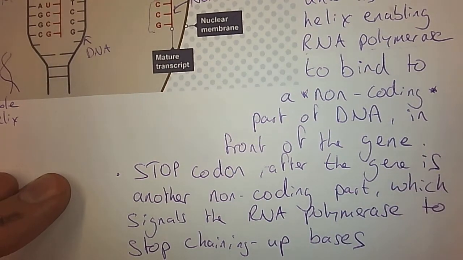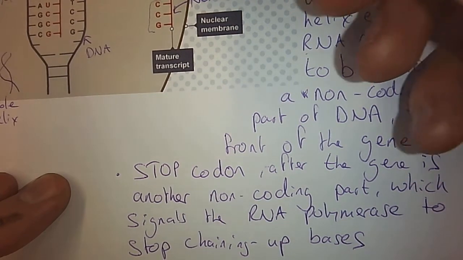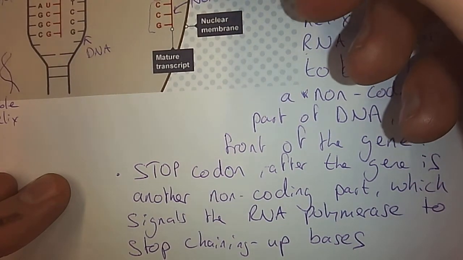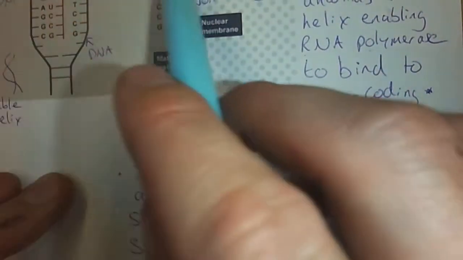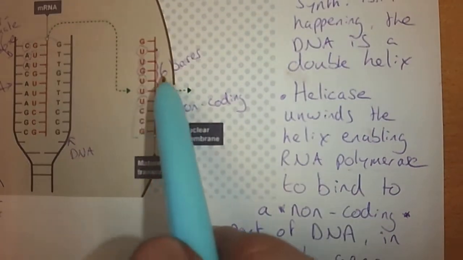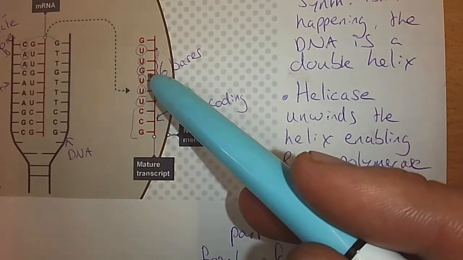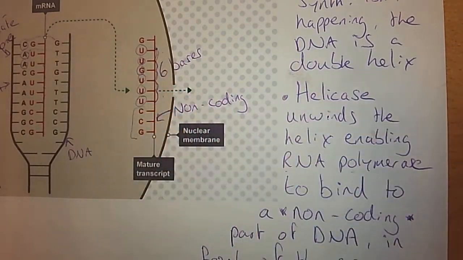So once the RNA polymerase has created our complementary gene, and we'll stick with the idea that it's these 6 bases, the U, U, G, U, U, U, there will be another group of